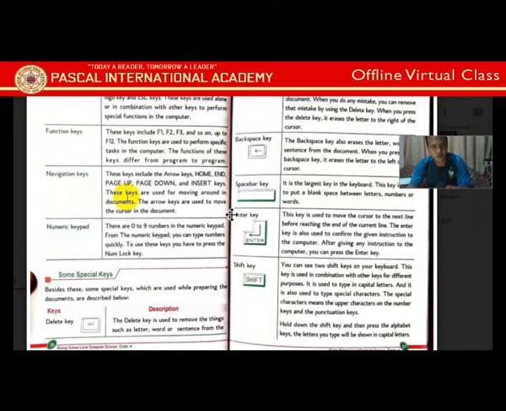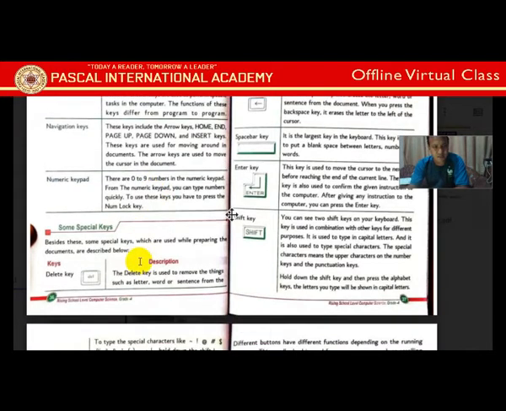Just open Microsoft Word, type something, and you can use the home key, end key, page up key, page down key, everything. Another is the numeric pad. Why is this numeric pad separate? Because on the keyboard the numeric pad, 0 to 9, is separate, and the same 1 to 0 is also above the alphabet. That part is called alphanumeric, and this numeric pad is different. Why is it kept separate? To calculate easily, like a calculator. Every time you don't need to go to the top, so if you use the numeric pad for typing numbers only, it will make it easy.